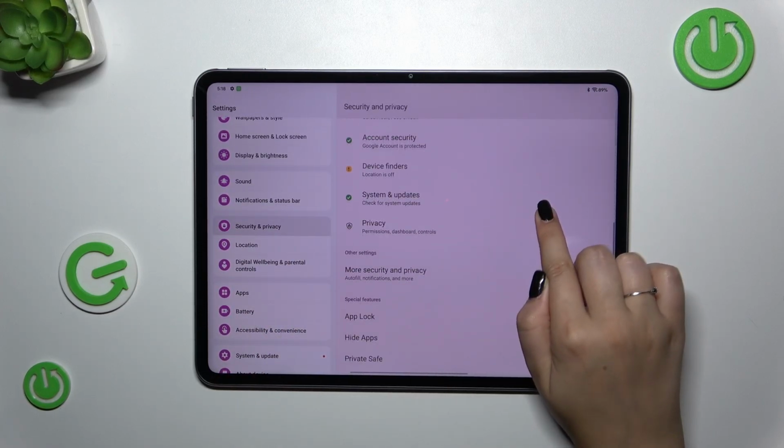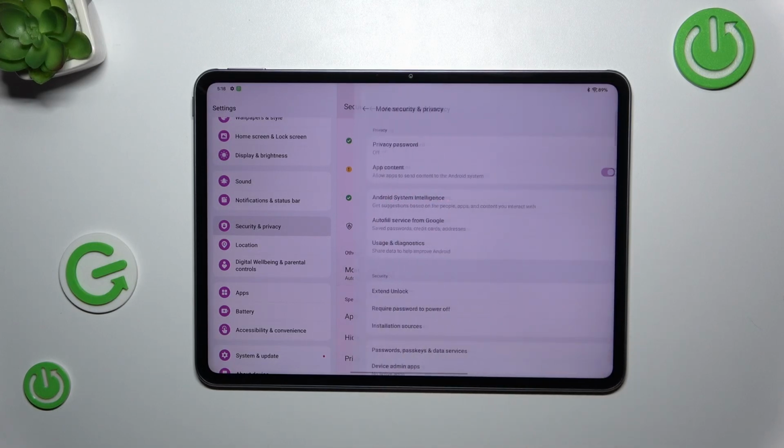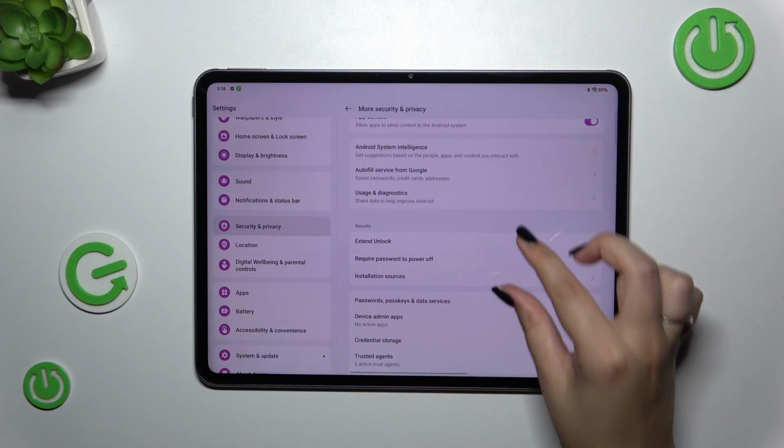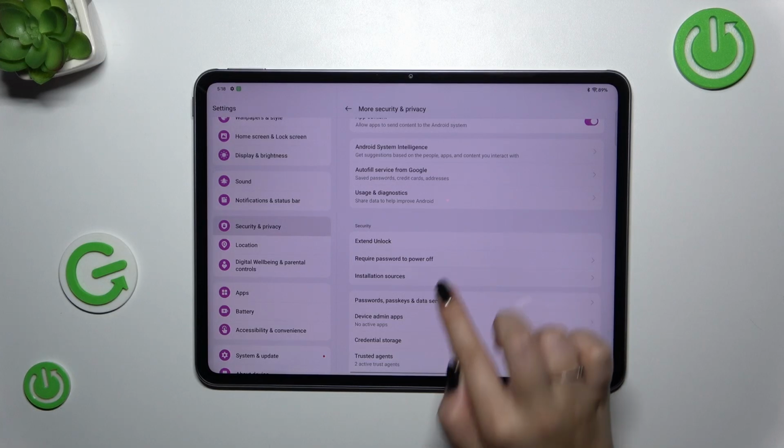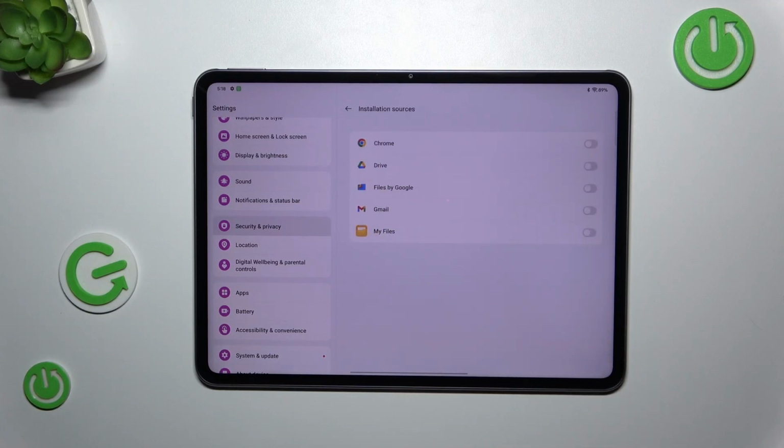Then let's scroll down and enter more security and privacy. And as you can see in the security section, we've got installation sources, so let's tap. And here we've got the apps which are allowed or not allowed to install some content, and of course you